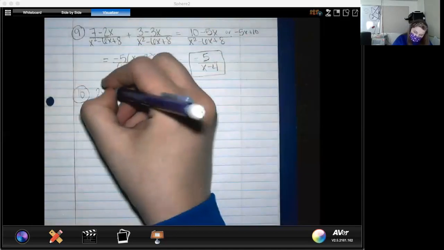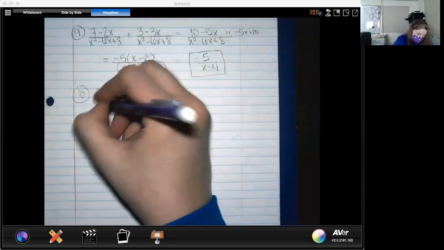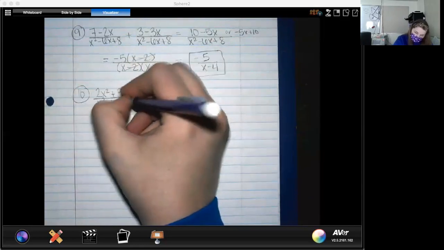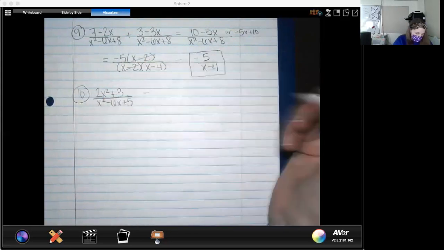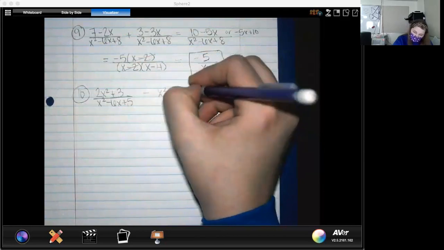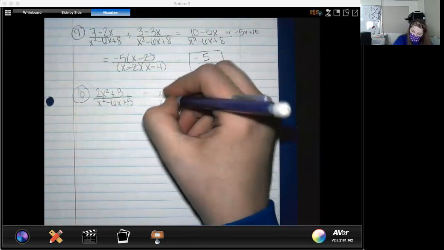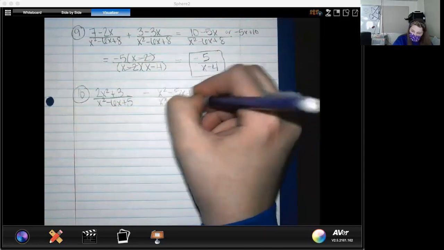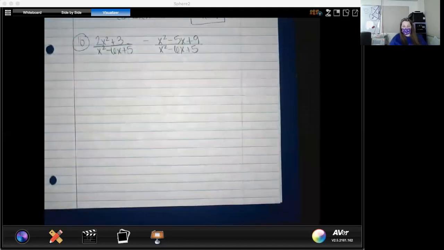2x squared plus 3 divided by x squared minus 6x plus 5, minus x squared minus 5x plus 9 divided by x squared minus 6x plus 5. Again, 2x squared plus 3 divided by x squared minus 6x plus 5